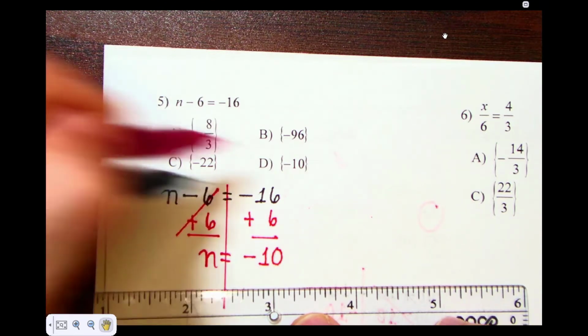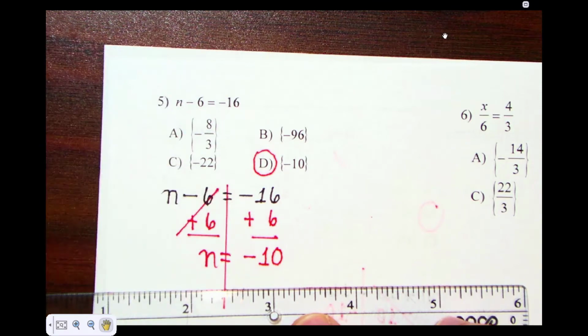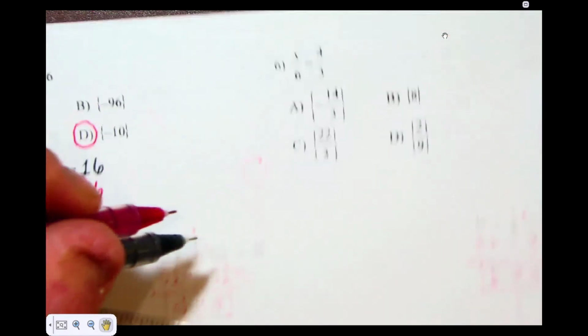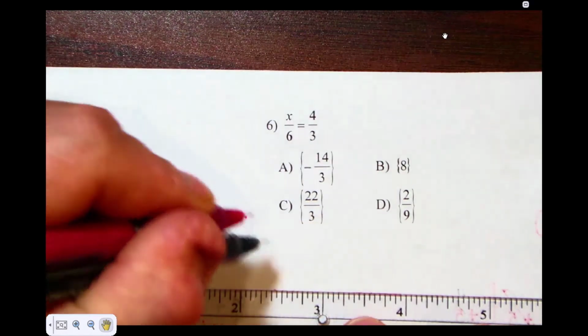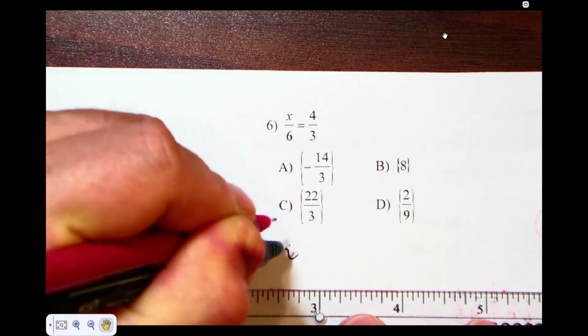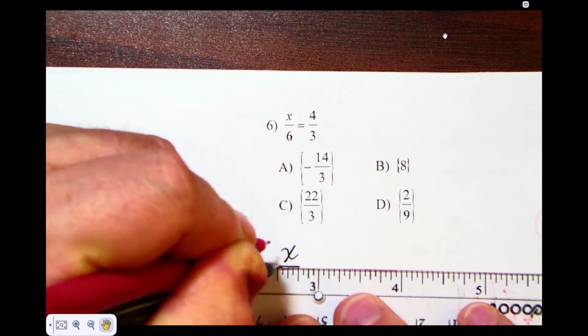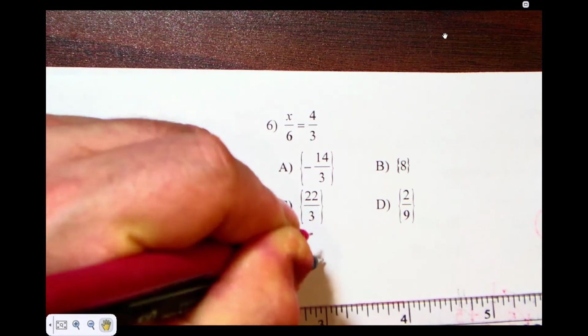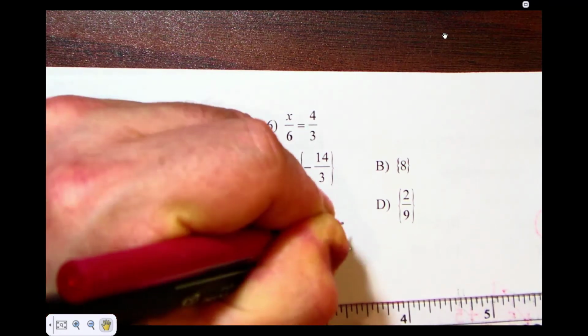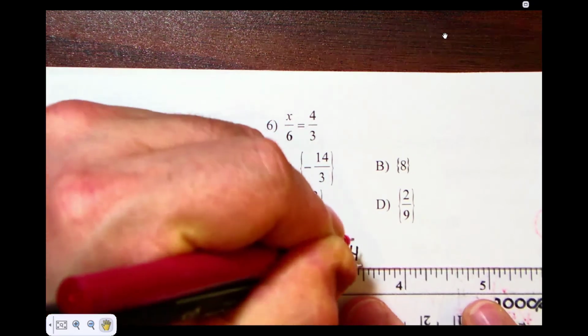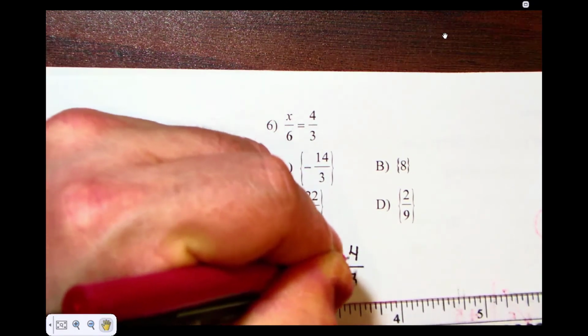Okay? So, D. Number 6, ladies and gentlemen, we're moving on to multiplication, division. I think these are easier. X over 6 equals 4 over 3. Now, the one little special secret that will prevent you from getting these right is if